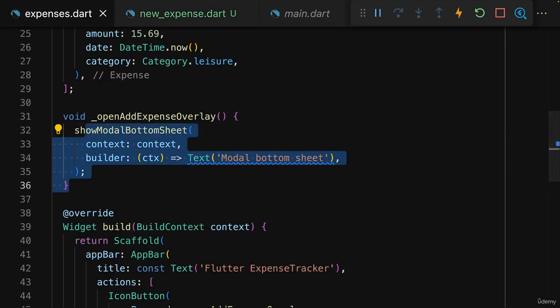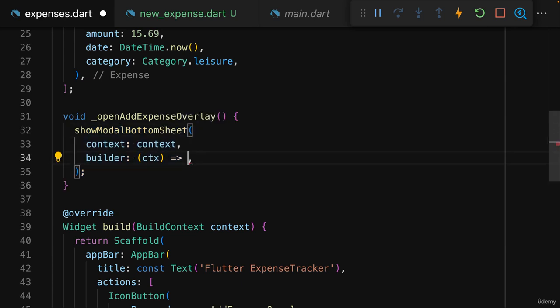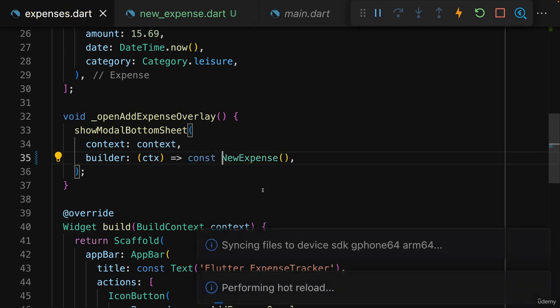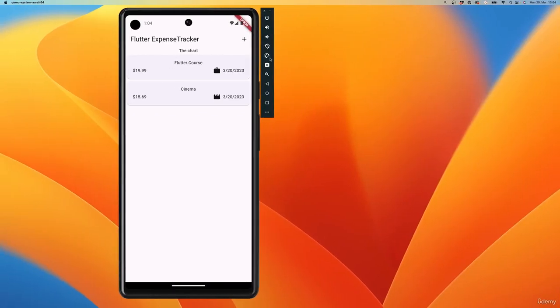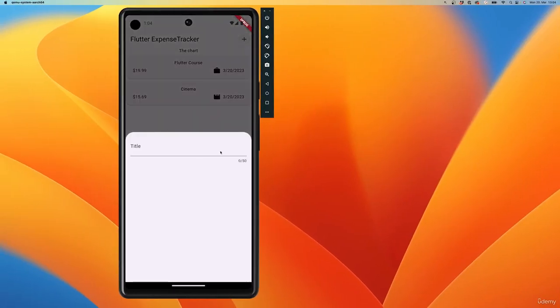And for that, of course, we have to go back to expenses, to this code where we open the modal bottom sheet, and instead of showing this dummy text widget here, I want to create my new expense widget instead. And we can add const in front of this here. With that, if we save this and I force a reload, if I open this again, you see this looks